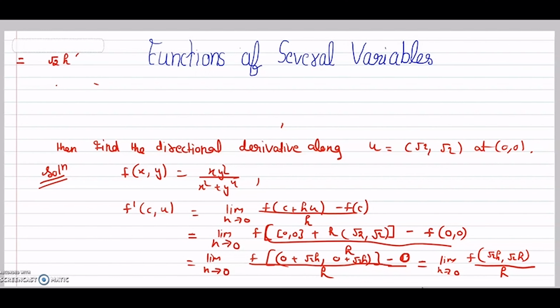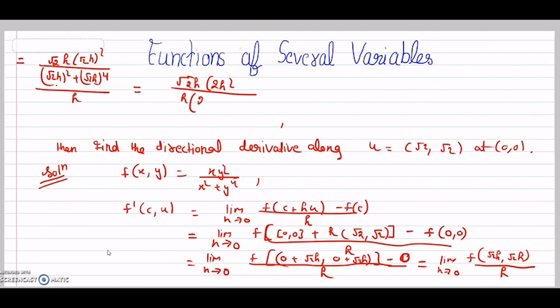under root 2h under root 2h whole square upon under root 2h whole square plus under root 2h whole to the power 4, divided by h, and it is equals to under root 2h square upon h, 2h square plus 4h raised to the power 4. Then h from h will cancel out and under root 2